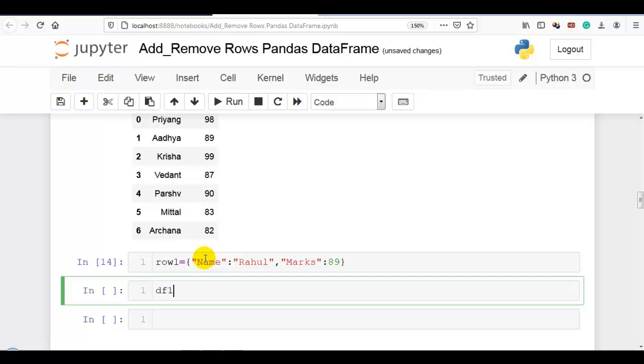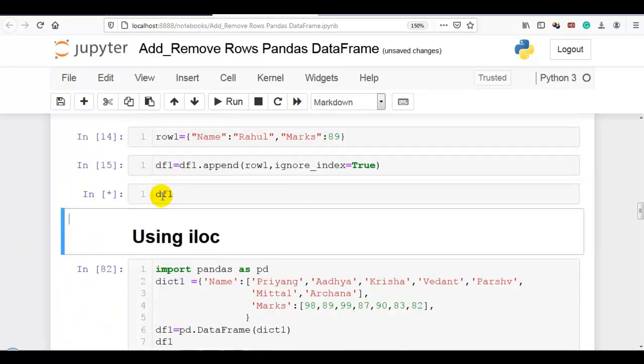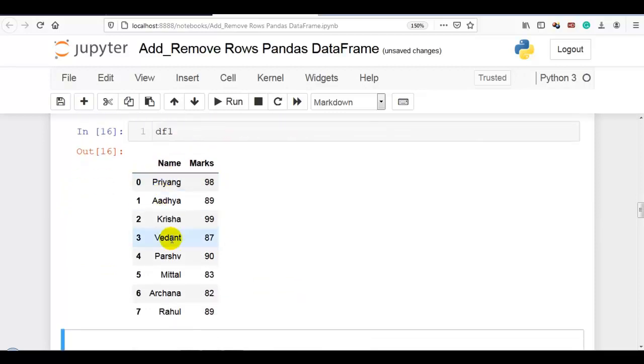So let me write df1 is equal to df1 dot append, then our new row, and again we have to write ignore underscore index is equal to true. So this will ignore the default index and create a new index. Now let me execute. Now let me check df1. So you can see the new row is appended over here.